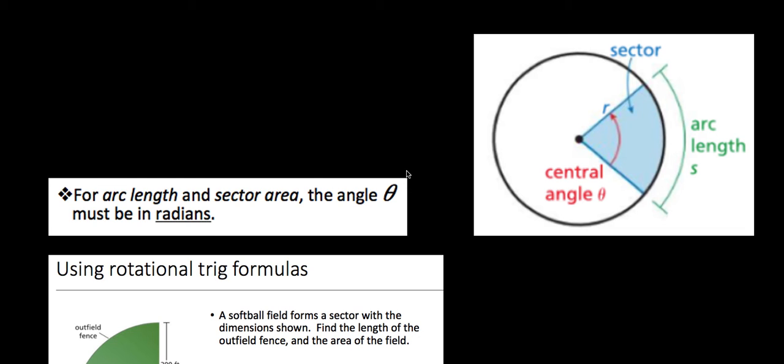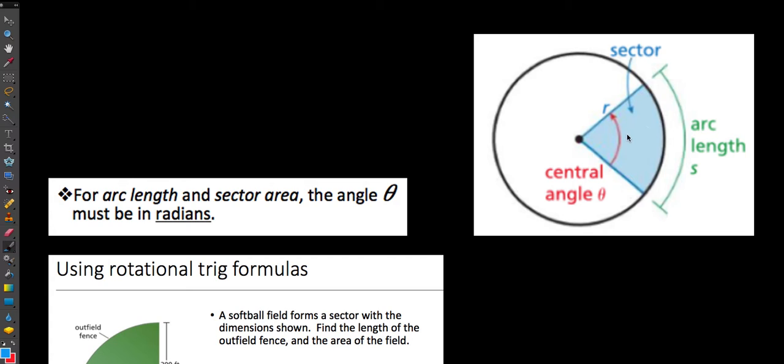Now that we've explored a little bit, looking at angles as central angles of circles, we're going to look to maybe apply this in order to do two things: measure the area of a sector of a circle, and also to measure an arc length on a sector of a circle here. So the very first thing we're going to do is indicate that we're going to look for the arc length and area of a circular